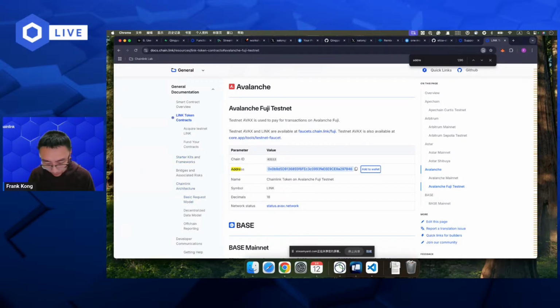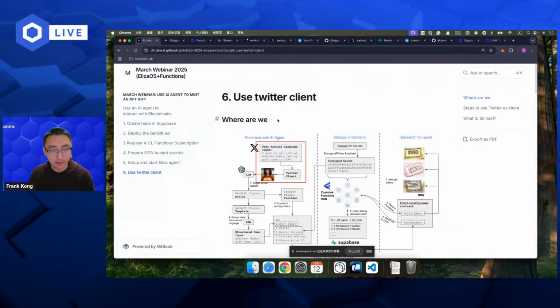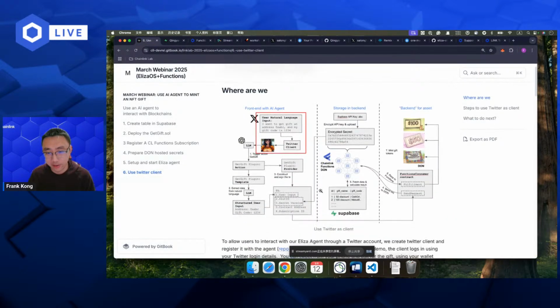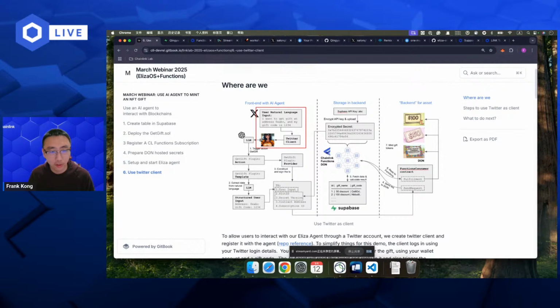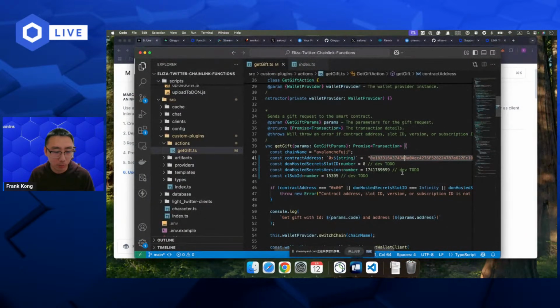Okay, cool. So to the last step, that is the most exciting part, to use Twitter as our client. And let's do it. It's actually quite easy.